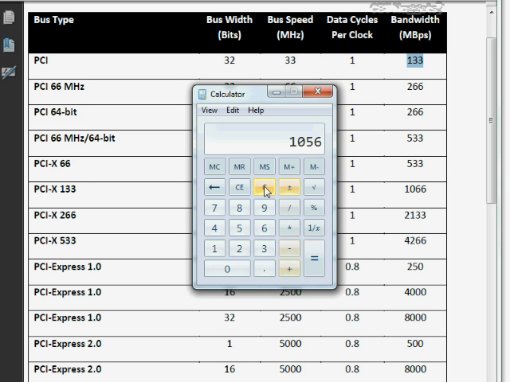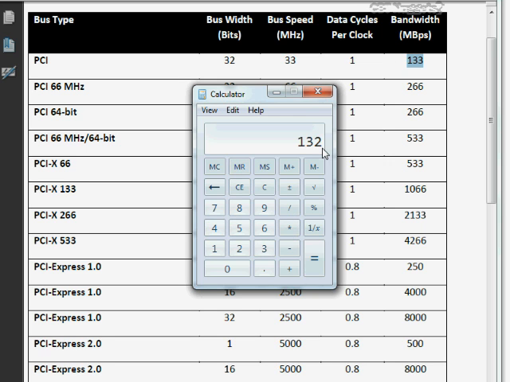Well, what you have to do is break the bits down into bytes. Remember, a byte is 8 bits. So 8 goes into 32 4 times, so that would be 4 bytes. So it would be 4 times 33 equals 132. Well, you look at that and say, James, you're still wrong. What is this? Some kind of new math you're trying to pull over on us?